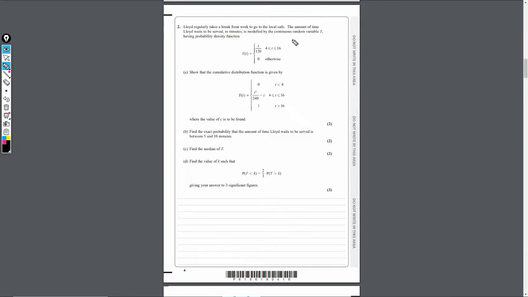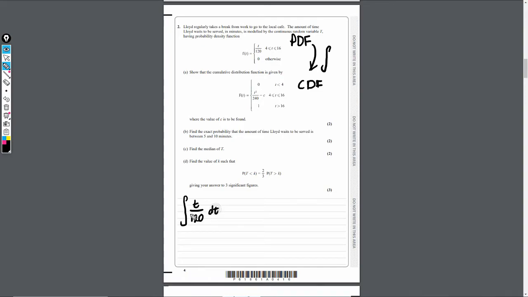So this is your PDF here. If we integrate this, we get the CDF. The nice thing about this question is that we only have this one part here, t over 120, then it's 0 otherwise. So all we've got to do is integrate that t over 120, and we're going to get our CDF. So it's going to be the integral of t over 120